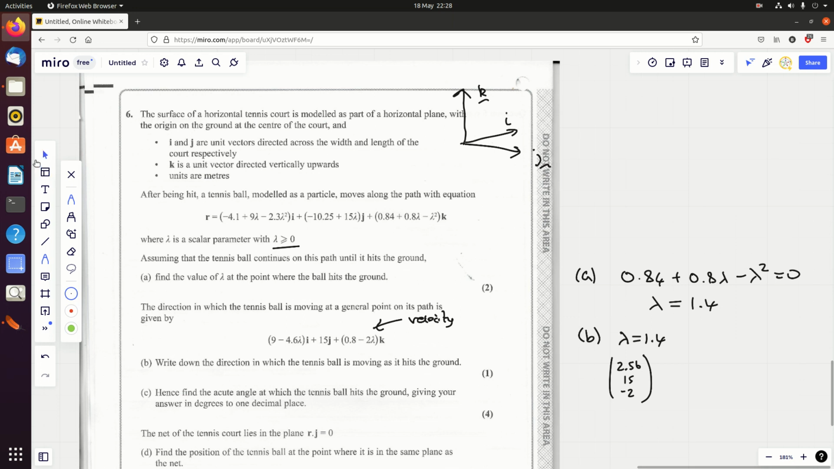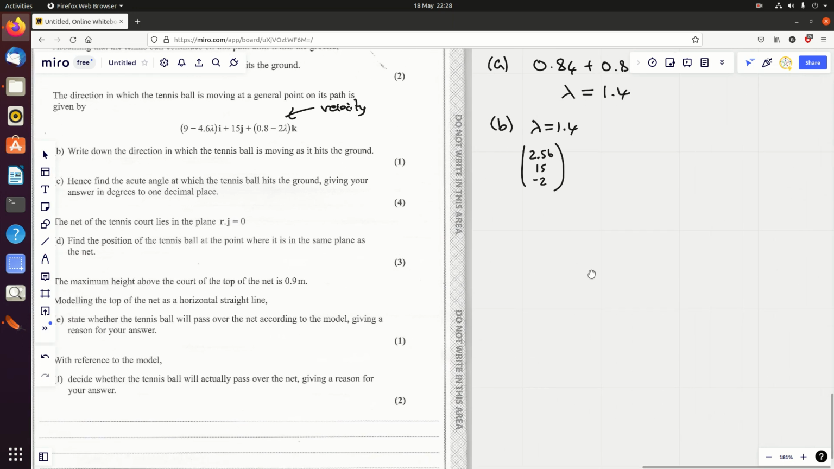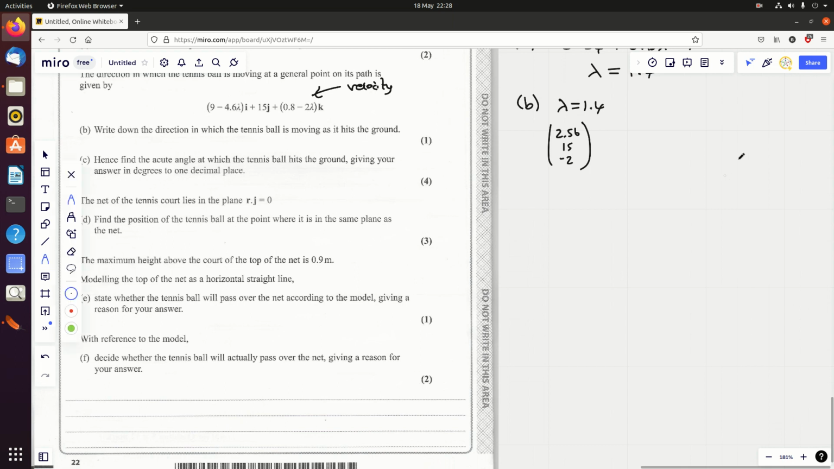Okay, so, hence find the acute angle that the tennis ball makes with the ground. Well, this requires, I think, a bit of thought and a decent diagram. Basically, what direction is your ball moving in? Let's take this as the I direction, and that's 2.56. But then let's draw the J direction like this, and it's 15. And then let's do the K direction when it's straight down, like that, yeah? And this is almost like a 3D trig question with Pythagoras, because what we're trying to do here, if we're trying to find the direction,